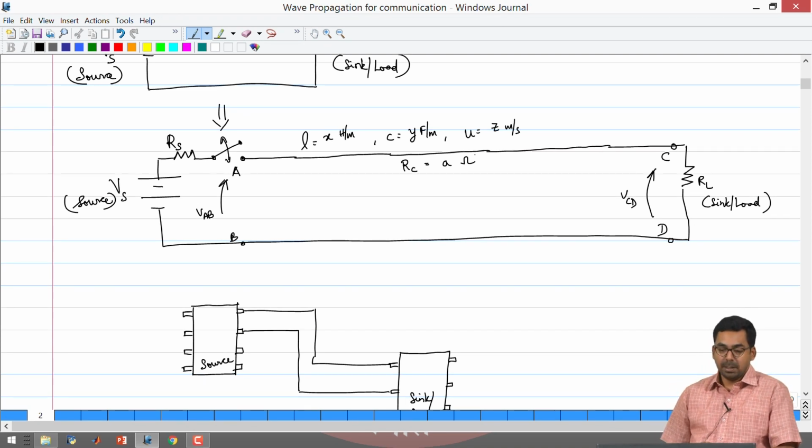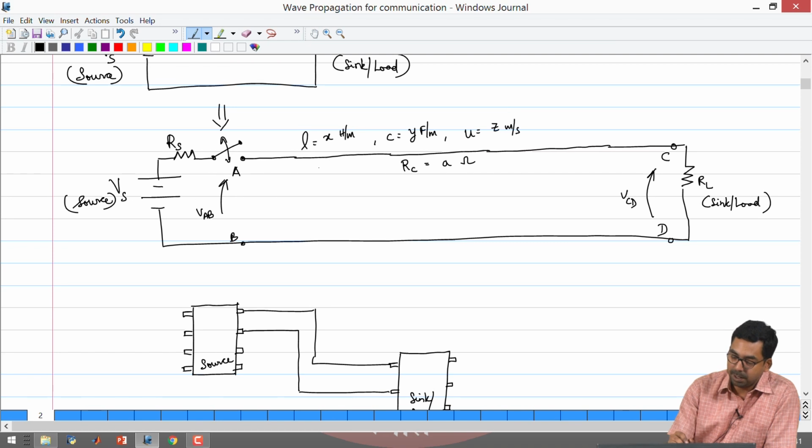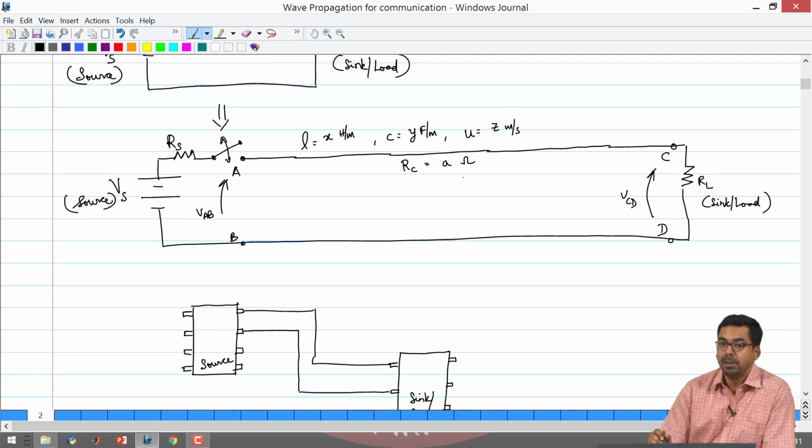So, previously in your low frequency circuits, you did not mark quantities for a short circuit connecting a source and a load, but now you will have to start putting in quantities to represent that it is a really long line that is connecting the source and the sink. To signify that in your circuit diagram, you will start marking some quantities. You could give L, C, U, R, and in many cases, since we will talk about finite transmission lines, they will also mark the length of the transmission line over here, okay. So, these are some subtle ways of telling that you are not dealing with a simple low frequency circuit, but a high frequency transmission line, and you will have to take into account all these parameters, okay.